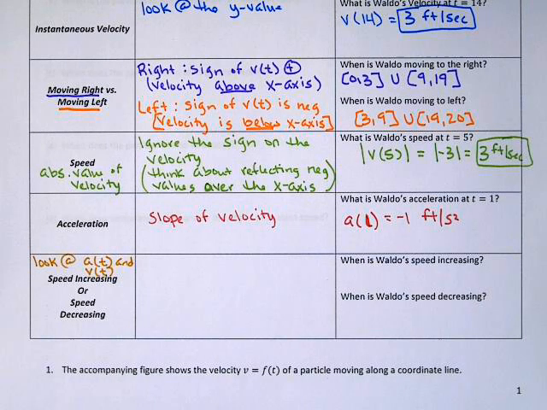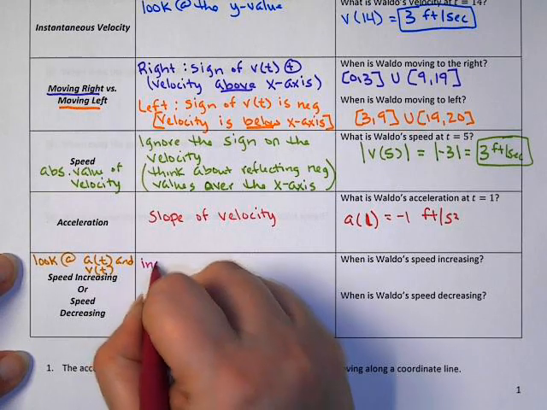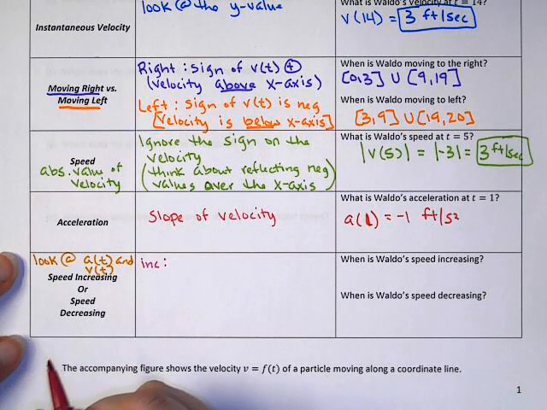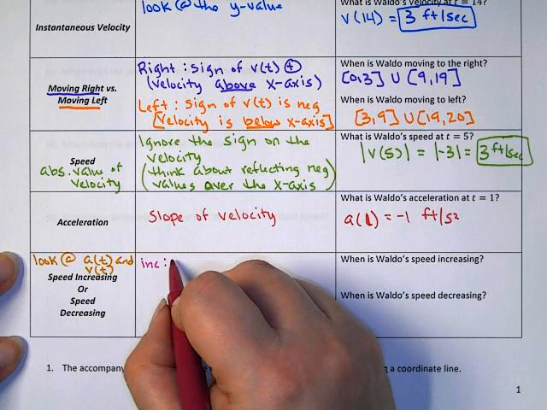If the acceleration and velocity have the same sign, then we know that the speed is increasing. If acceleration and velocity have opposite signs, then we know that the speed is decreasing. So let's look at the increasing first. So if the velocity is above the x-axis,